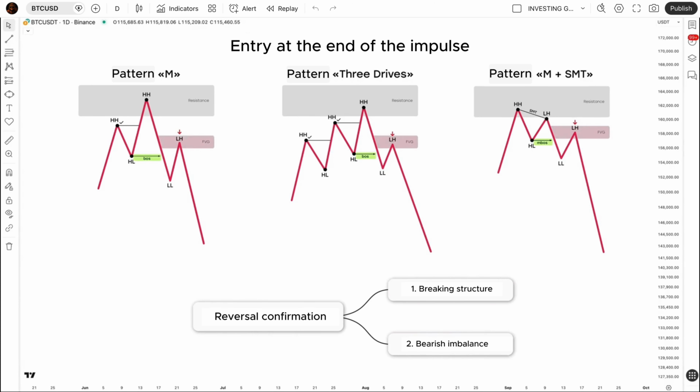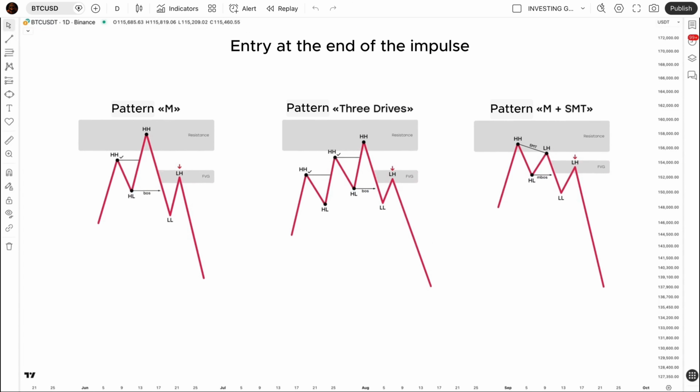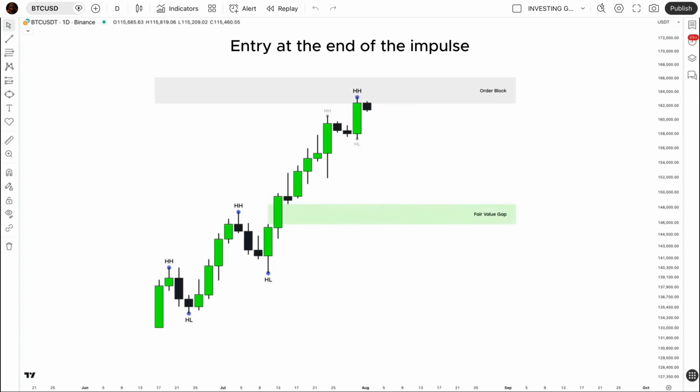These factors point to active selling by smart money and its interest in further devaluing the asset. The first correction is usually the most predictable and deep enough for an optimal entry, so a short limit order is placed at the start of the SIBI, stop loss behind the first candle, and take profit at the first major support. In our example, the reversal occurs through a classic bearish M pattern confirmed by a structural higher low